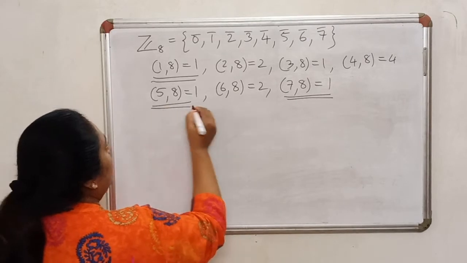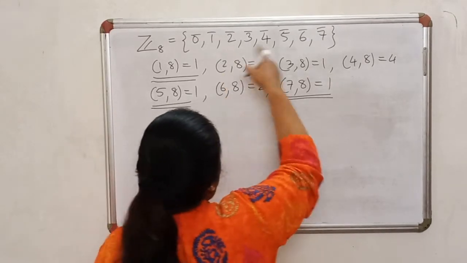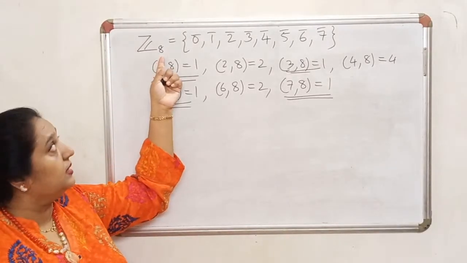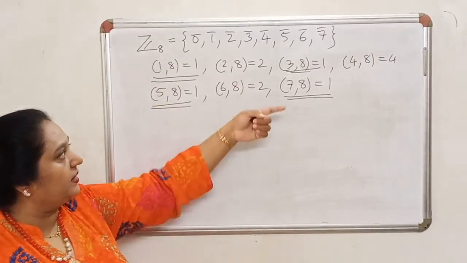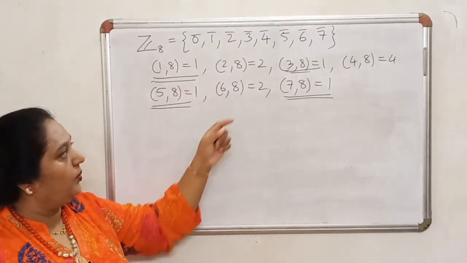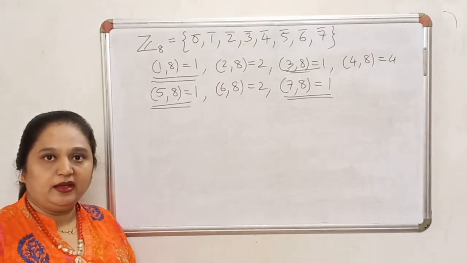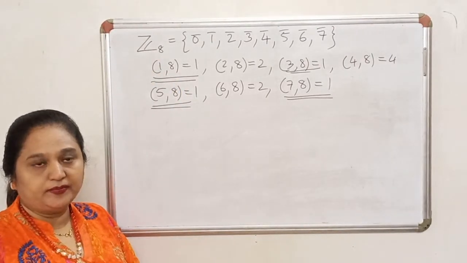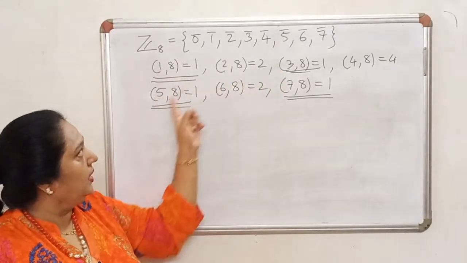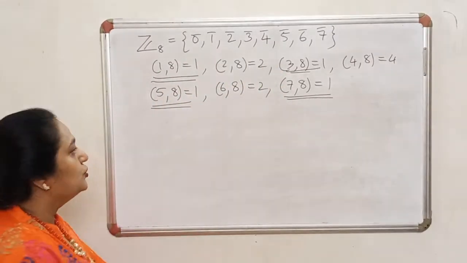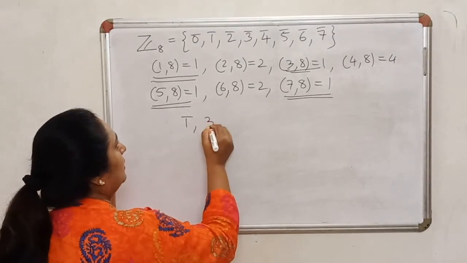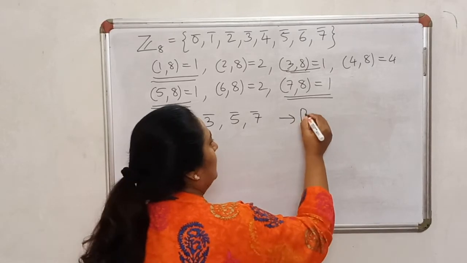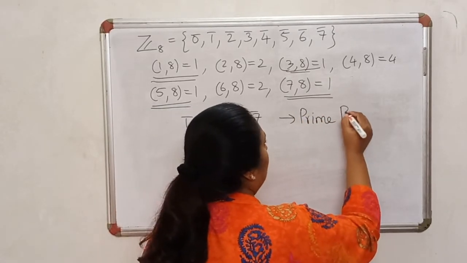I am taking the GCD of every positive integer from 1 up to 7 with this suffix over here. In this example it is 8. So I have taken the GCD of each one of them with 8. And then I identify the ones that are relatively prime to 8. So it's 1, 3, 5 and 7. So we say that 1 bar, 3 bar, 5 bar and 7 bar, these are going to be special.